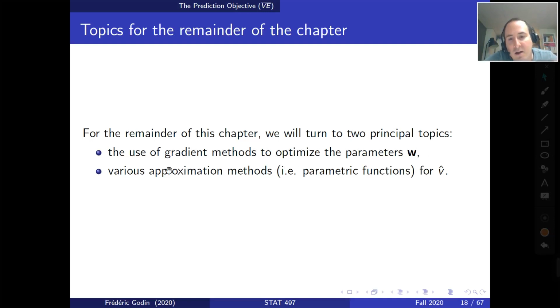The second topic we will cover is what are suitable candidates for V hat, which are suitable parametric functions that can work for the approximation of the value function. We will discuss these topics in